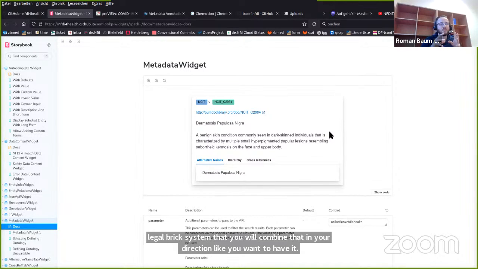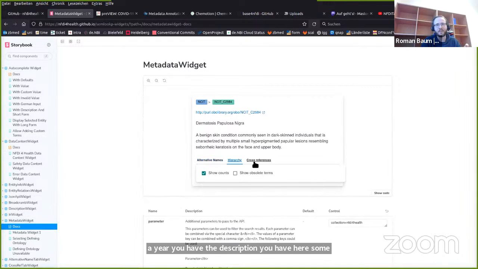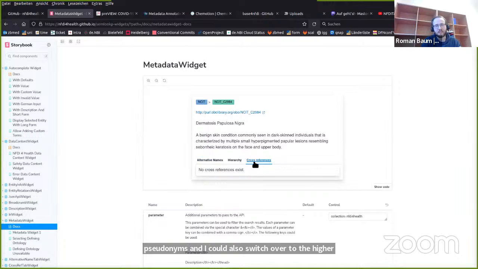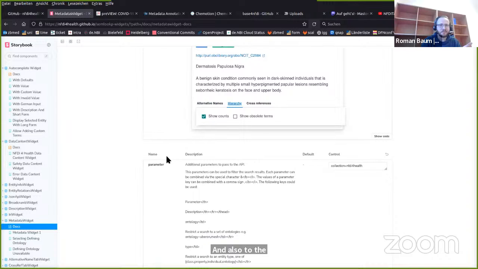So the metadata widget is a widget combined from other widgets, because you see on the top here, there's the breadcrumb, there's the IRI, that is the title. Here you have the description, you have here some synonyms, and I could also switch over to the hierarchy and also to the cross-references, if there are some cross-references, and I could see the data then afterwards.